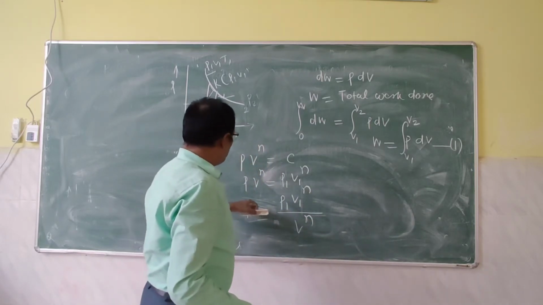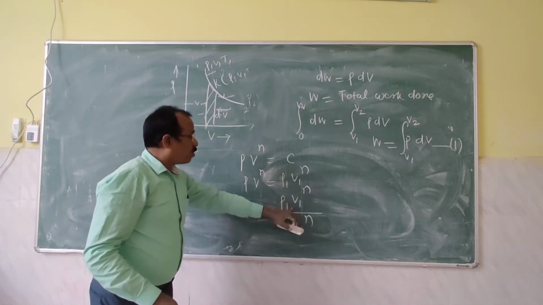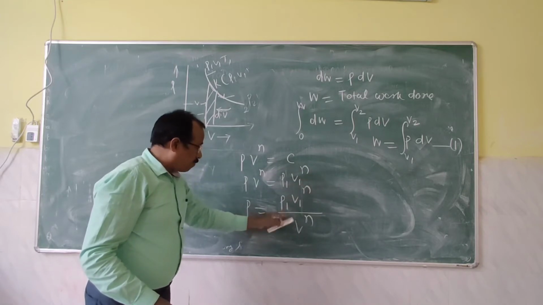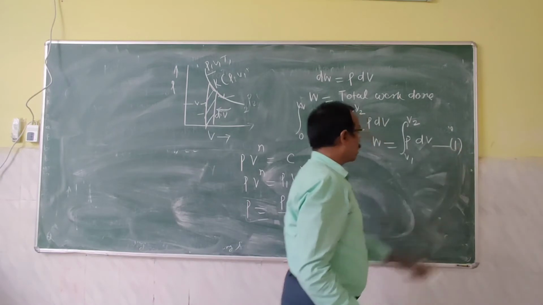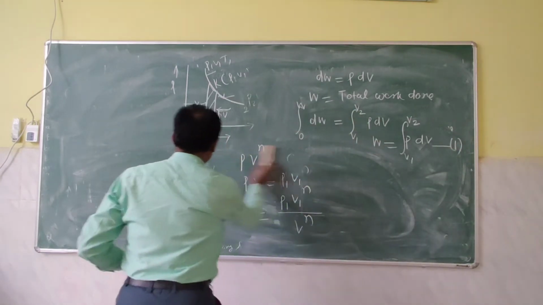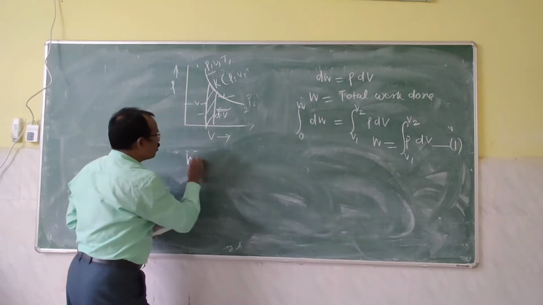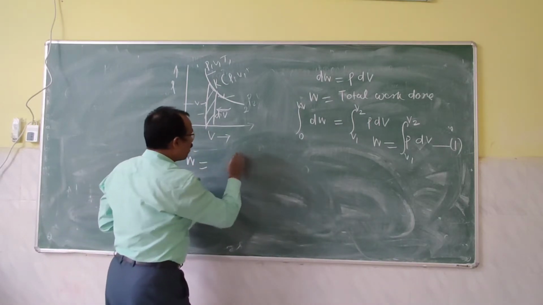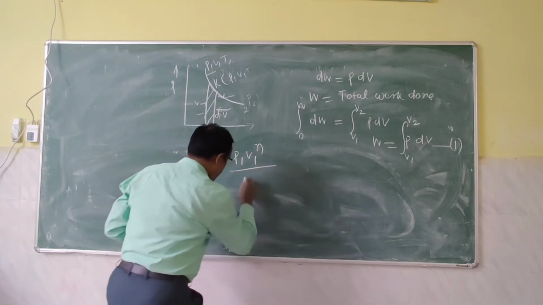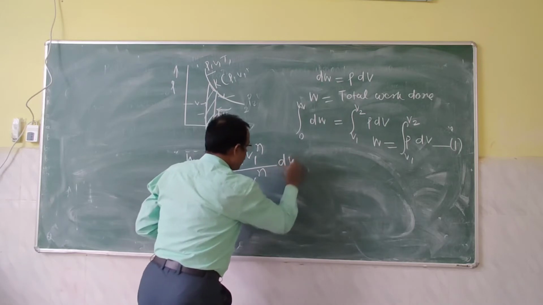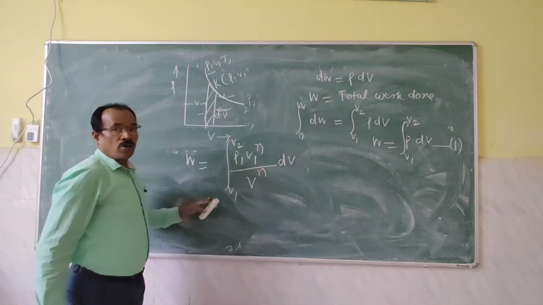Now putting this value P is equal to P1 V1 to the power n divided by V to the power n in the equation 1, we have W is equal to integral of P1 V1 to the power n divided by V to the power n dV with the limit V1 to V2,